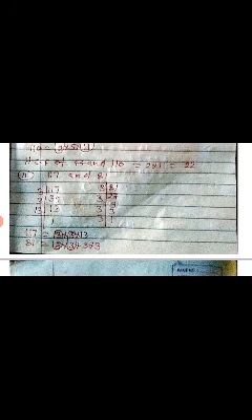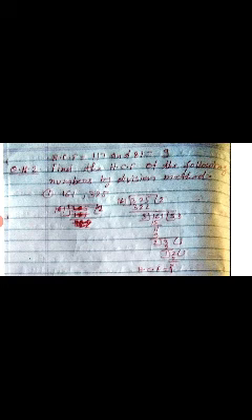9 divided by 3 you will find 3. 3 divided by 3 you will find 1. So that 117 is equal to 3 into 3 into 13. 81 is equal to 3 into 3 into 3 into 3. So here 2 pairs of 3, so that HCF of 117 and 81 is equal to 3 into 3 is equal to 9. Question number 2. Find the HCF of the following numbers by division method.